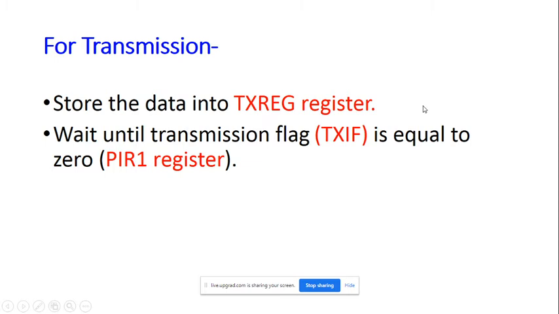Okay, when all bits are out and this TX register is empty, then it will set the TXIF flag, which indicates that the TX register is now empty and ready for the next transmission. Okay, it means when the TXIF flag is 1, only then do you perform the next action. Suppose you are placing some data here, and out of 8 bits only 4 bits are out and 4 bits are still here, and you place the new data, it will corrupt the previous one.